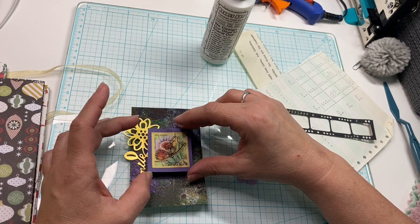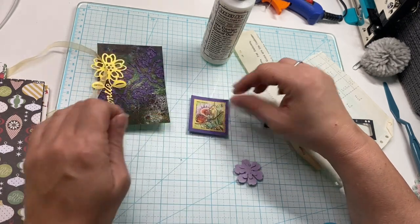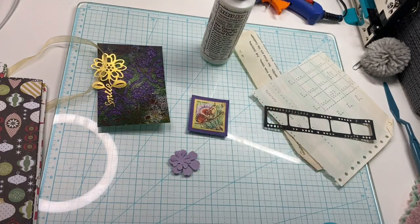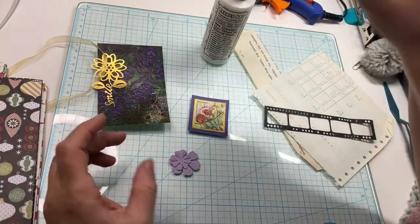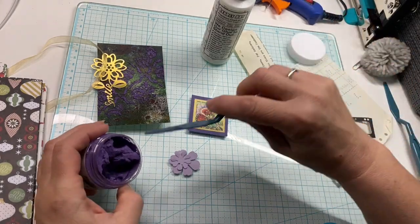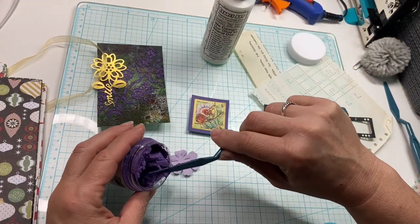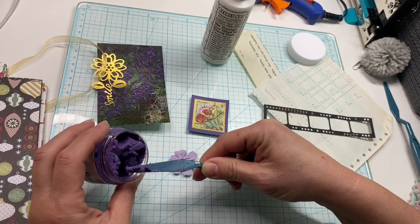I think right up about here. But I gotta wait for that glue gun to, okay, let's use some purple here. Now, ink. Here's the problem, guys. I wonder if there's another way I can do this. Let's see. Oh, you know what? Let's try something. What if we're really playing. We're gonna mix media maybe. I don't know if this will work,